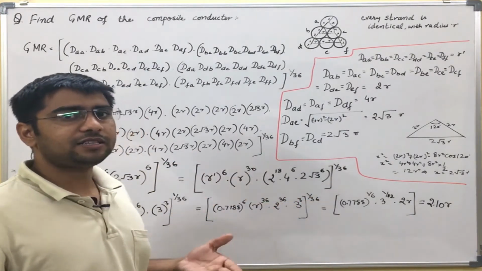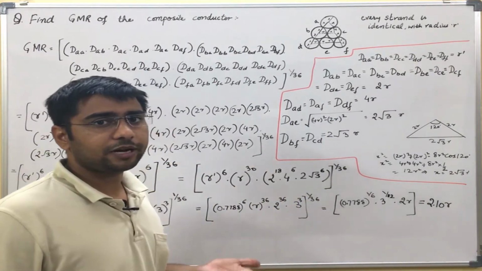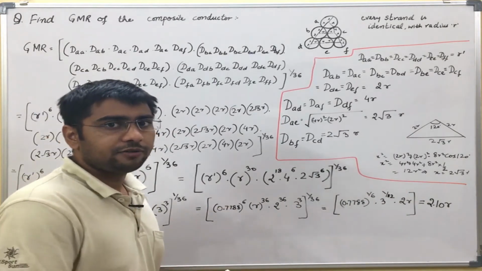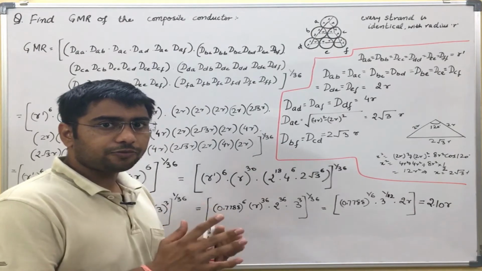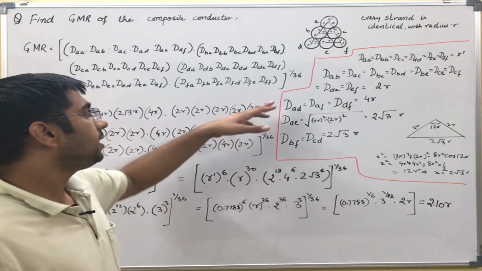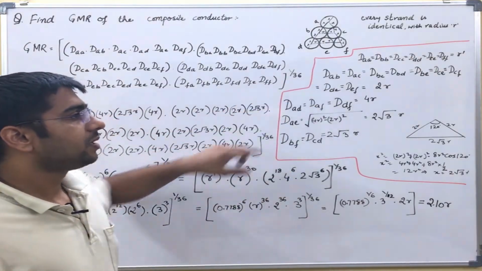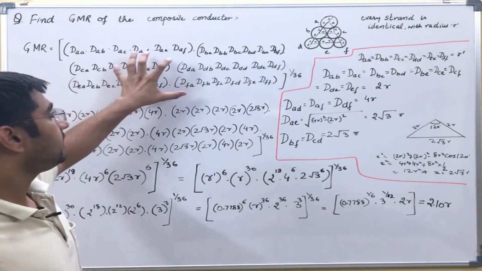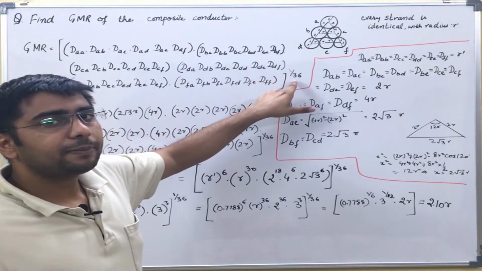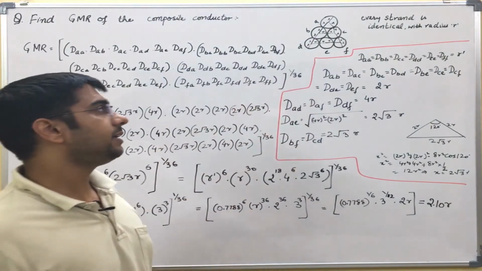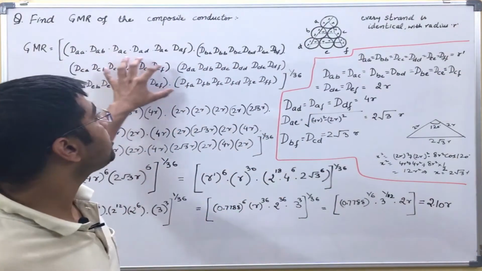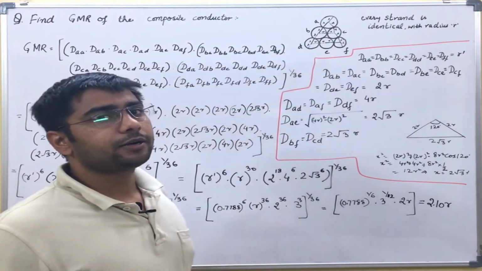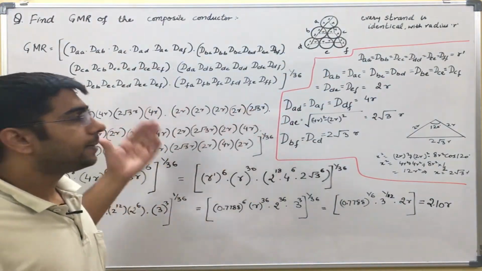Now we have already seen in our previous lectures on theory that the logarithm of the geometric mean comes out in the power form. So if I take these 36 terms, the power will be 1 by 36. Now I have written the various distances which we will require here. We will directly put the values then.